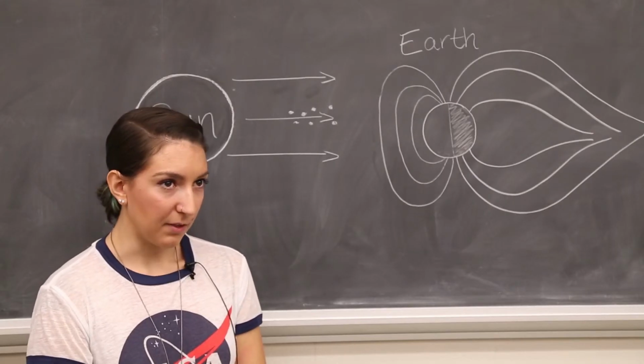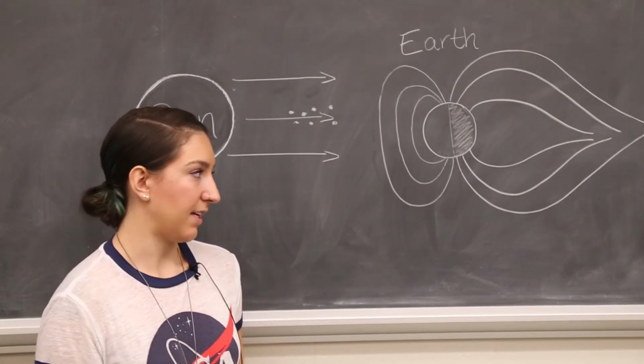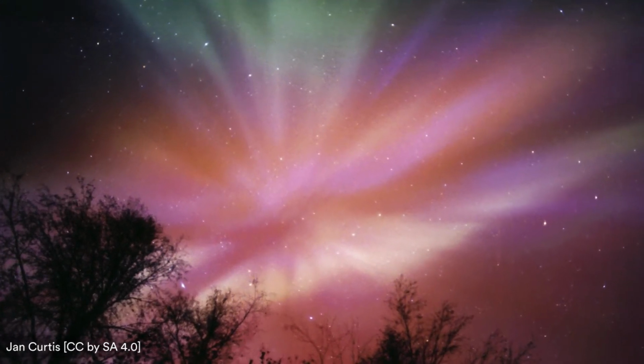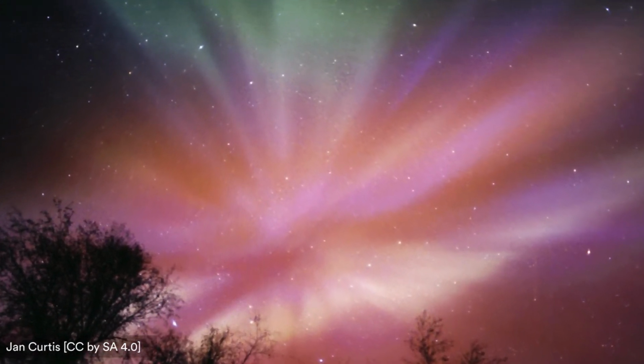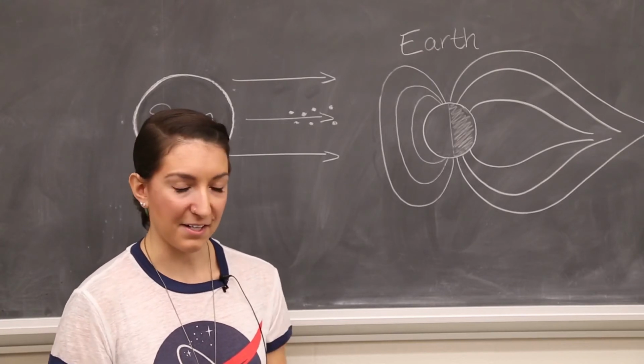It's green and blue that are the most common colors that occur. Sometimes they show up as oranges and pinks, and that's probably just due to the photon wavelength interaction that's going on.